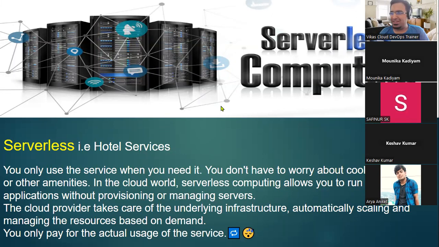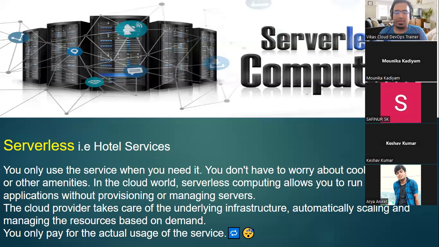Serverless. Anyone heard about this thing? Yes, sir. Already working on it. Then explain it. What is it? It's where you don't have to even worry about the instances, like we take instances on AWS to run code, with 4 GB RAM. We don't need that. We just need to deploy our software. They will handle that thing.